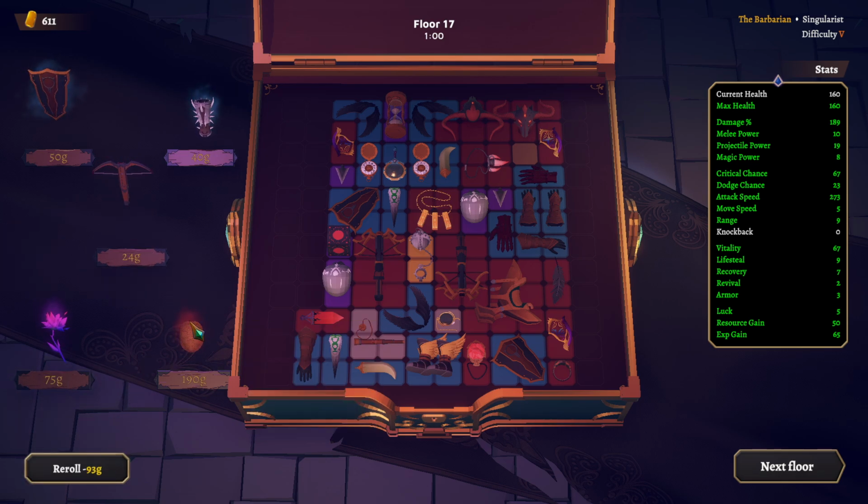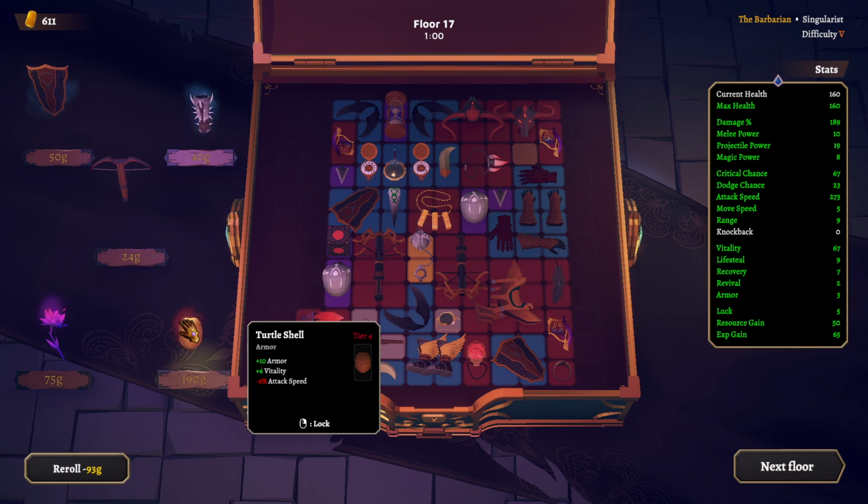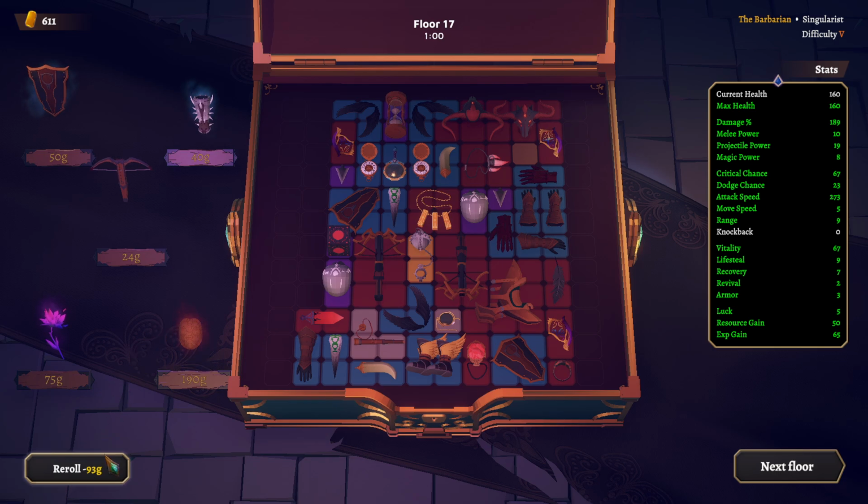What is this? Turtle shell. Less attack speed for armor and vitality. Armor reduces damage taken. Vitality increases your max life. Not really looking for any of that here. We don't have many floors left to go either, so...